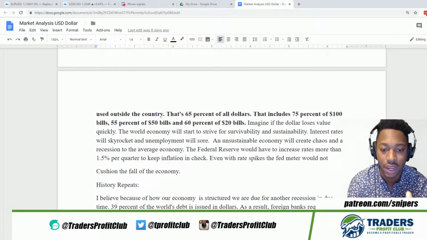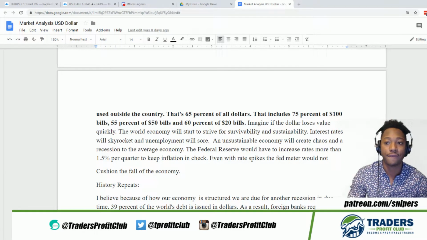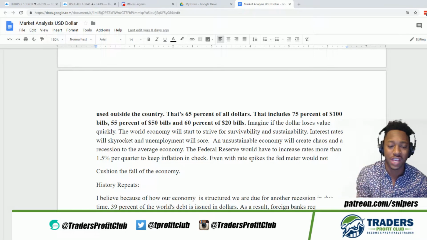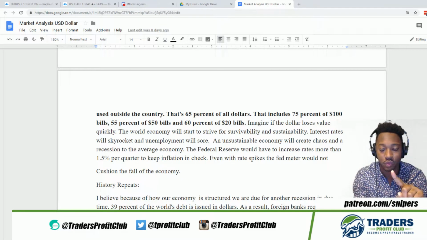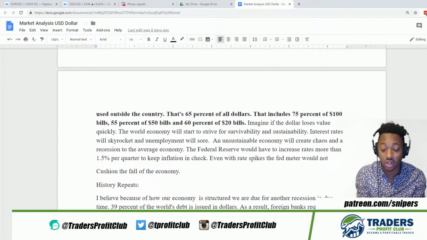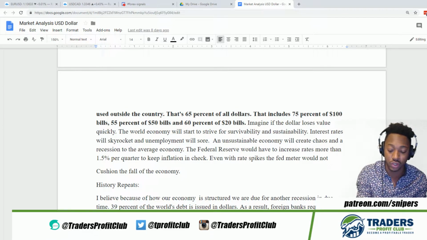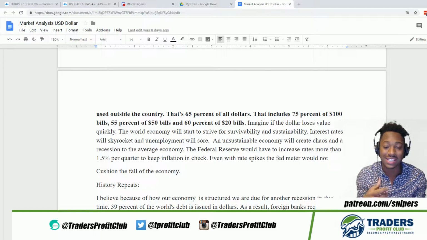The world economy will start to strive for survivability and sustainability, right? So interest rates are going to be spiked. That's why if you looked at forex.com, or if you guys go to investing.com or Forex Factory, you guys can see the interest rates are a high factor or high aspect of where the market economy is going to go, right? Because that has to do with interest rates. That has to go with your mortgage rates. That has to go with your credit card rates. Has to do with your banks and your companies, the companies you guys work for. If you guys still do work full time for a company, they are going to be looking into letting people go, because they can't have a sustainable driven company, because the CEOs are obviously stingy.